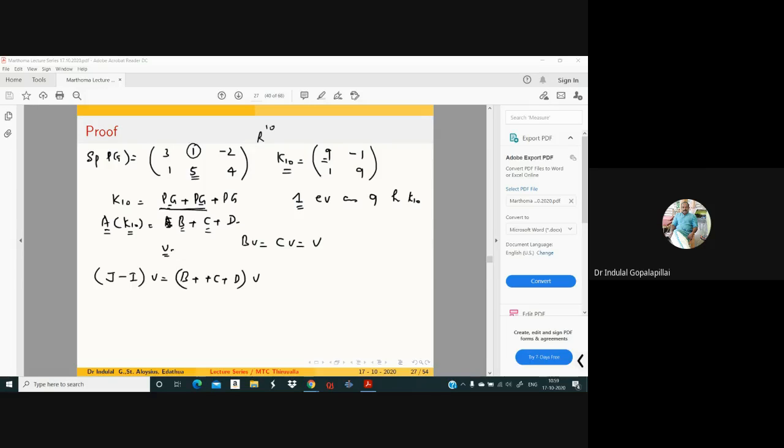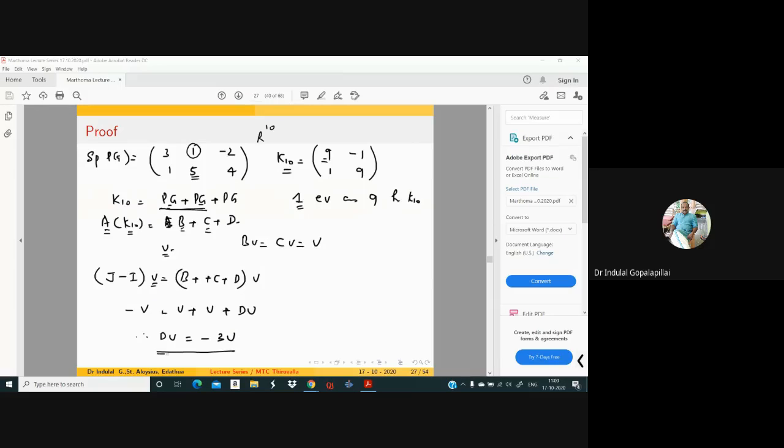And you operate with V. V is in the 5-dimensional space corresponding to the eigenvalue 1, which lies in the 9-dimensional subspace of R10. So V is orthogonal to the all-ones vector. Therefore, JV equals 0. So this implies minus I times V, which is minus V, is equal to BV plus CV plus DV. Therefore, DV is equal to minus 3V.